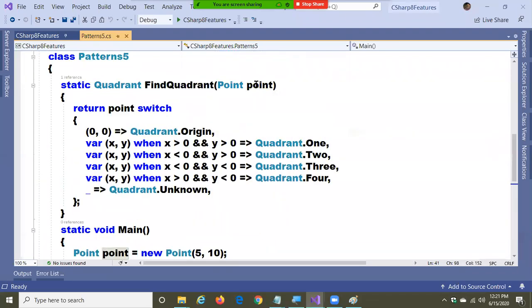Now the two values will come here. Point contains the two values 5 and 10, and those values will be substituted into this location when I say var x comma y. Automatically you pass the point here, no? The two values of the point will come into this location. So x and y, the two values will come now. And now it checks, is x greater than 0 and y greater than 0? Then it returns this one. Like this, it keeps on checking.